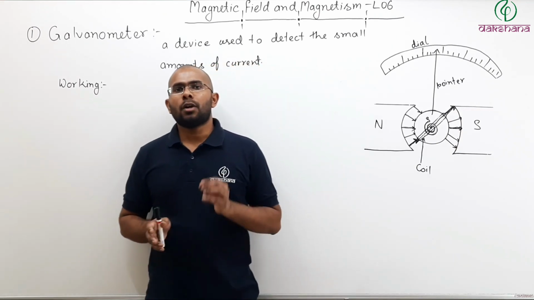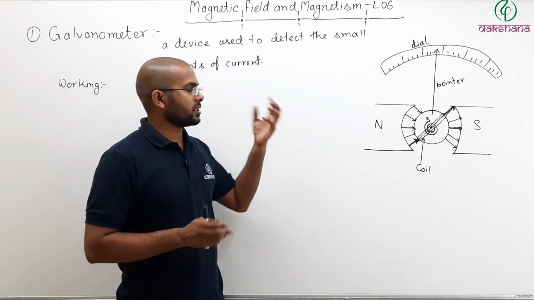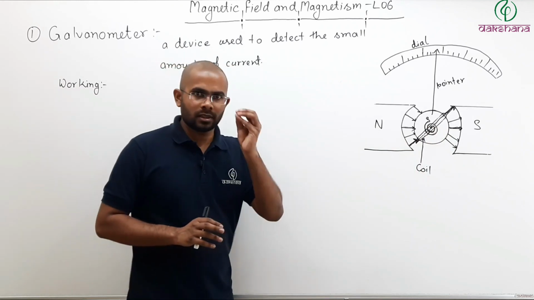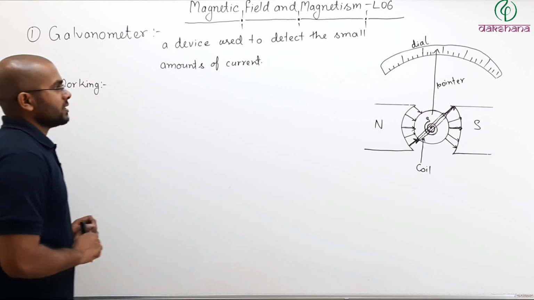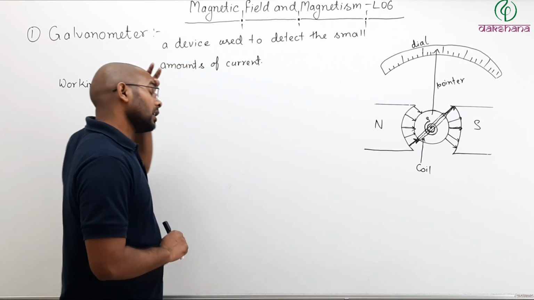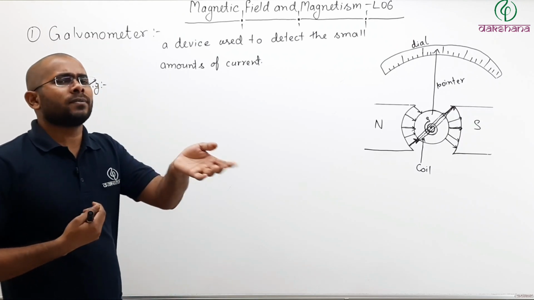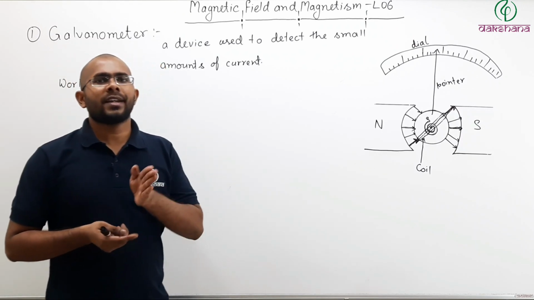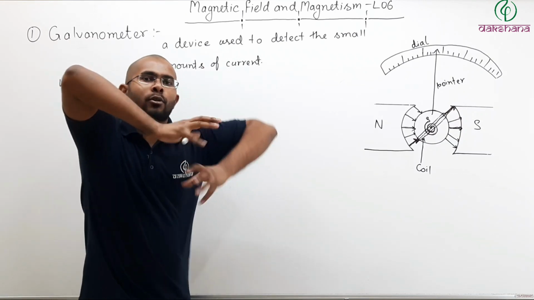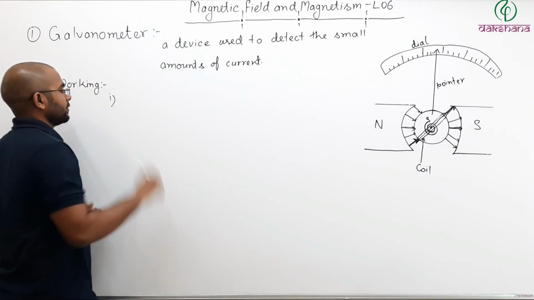Now let us talk about how actually your galvanometer works. Until now we have talked about what is the torque experienced by the coil and the spring. Now how does this actually work? Let us discuss. What happens? You pass a current through the coil. When you pass some amount of current through the coil, which is wound here like this, that coil experiences a torque, and because of that torque, that coil rotates. So let us try to discuss the working of your galvanometer.